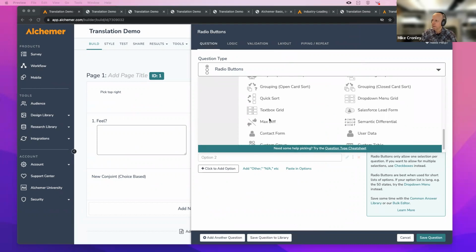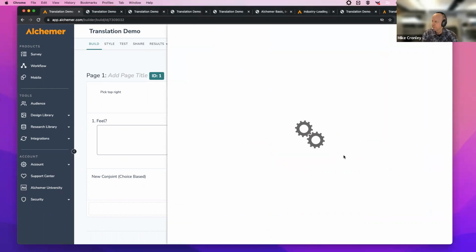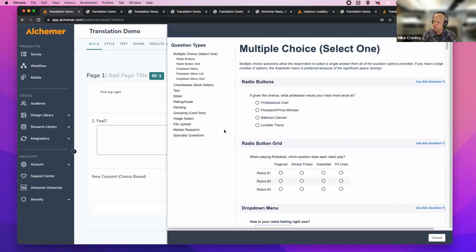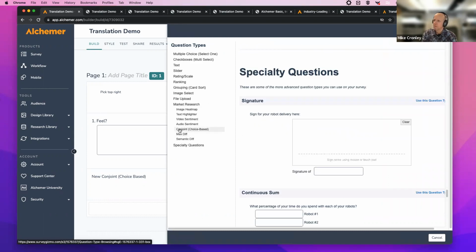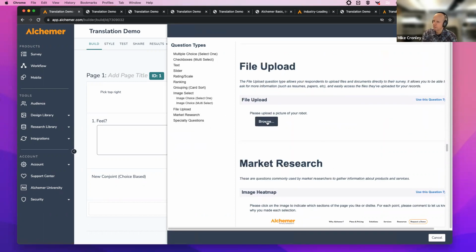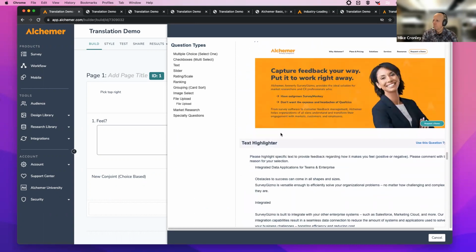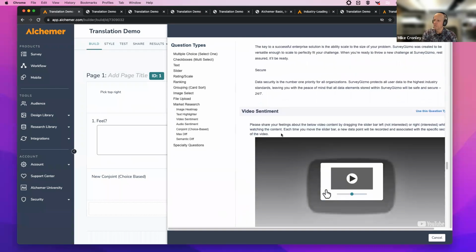I wanted to show this, but I'm going to share a different thing with you. To learn about them, we have the sandbox question type cheat sheet. I might have covered this in the last training, but it's a good refresher. For specialty questions, like what does a file upload do? You click this and the respondent can upload a picture or a PDF. These aren't available for full access, but you can play with it and experience it in a sandbox way.